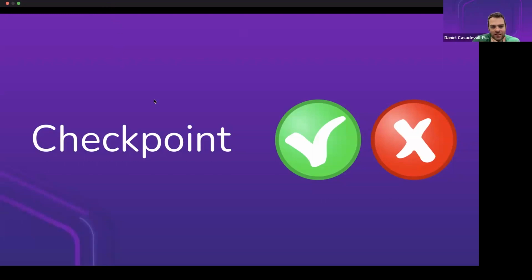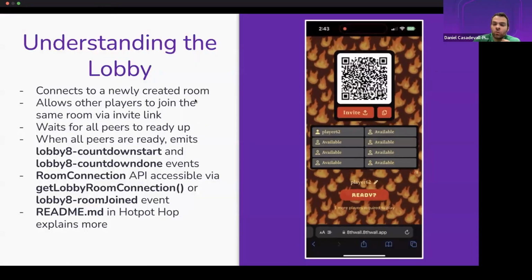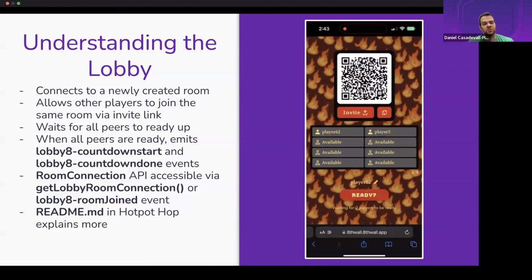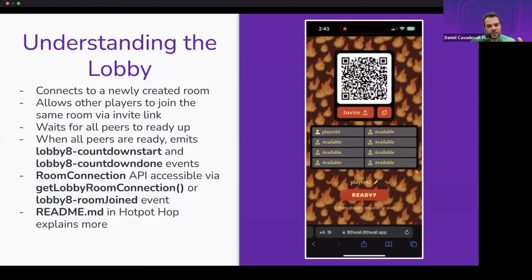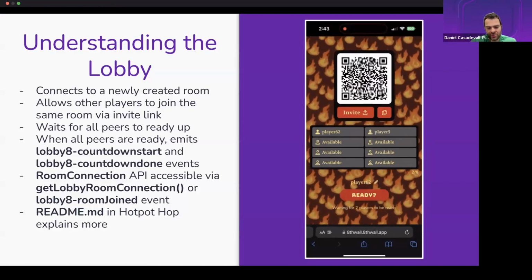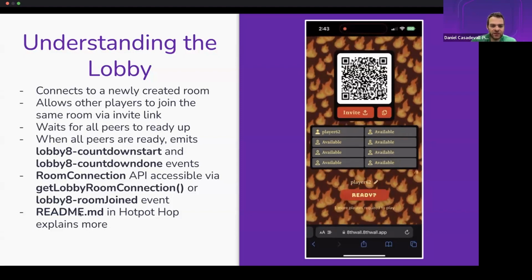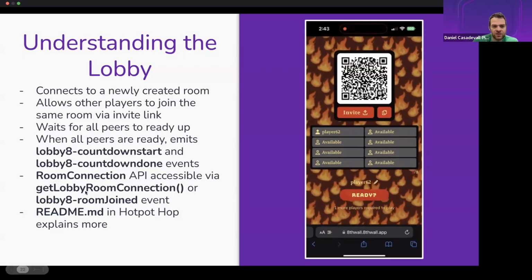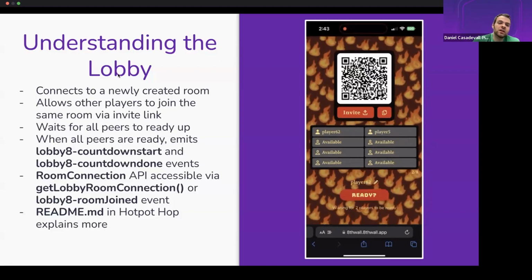Okay, great. So now that you have your project, before we begin, I wanted to talk quickly about lobby pages. Lobby pages are a WebAR or 8th Wall specific feature that allow you to connect automatically to a newly created room. Normally we call the room connection API. All the information that I'm saying right now and forward is in the README. The project you just cloned has a readme.md that has a big reference on all of our multiplayer API, as well as this lobby that I'm explaining.